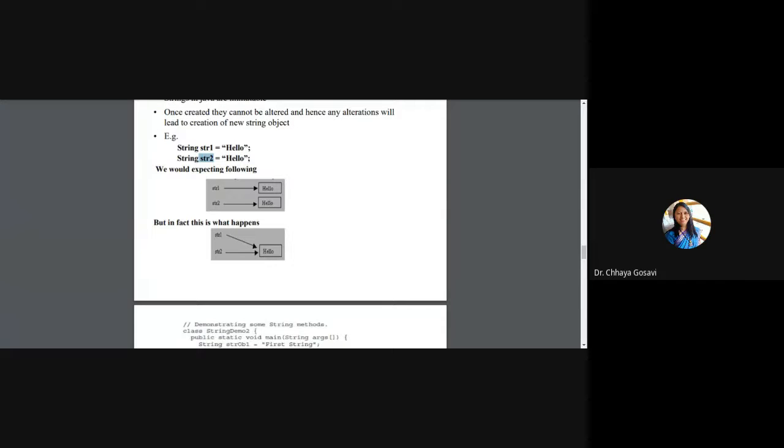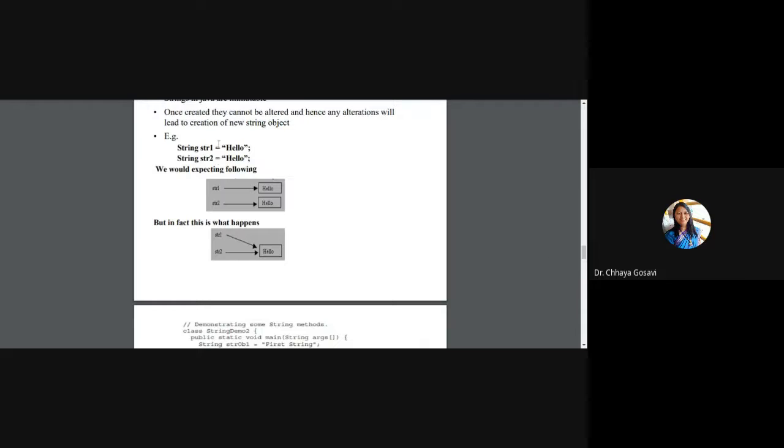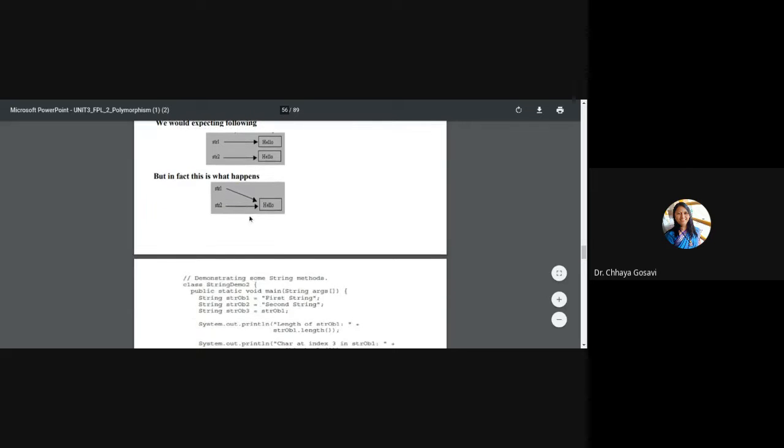So it's better to always use the new keyword. Whenever you create a string, use the new keyword. Otherwise, sometimes it will give you a problem. If you change string 1, it automatically affects string 2 because you haven't used the new keyword while creating the strings and you pass the common string. So the Java compiler assumes that these are not two different objects. This is only two different names given to the same object. So it will create such confusion or ambiguity.